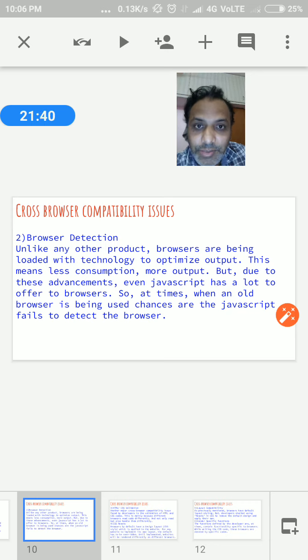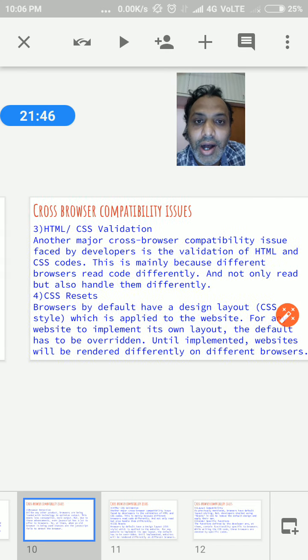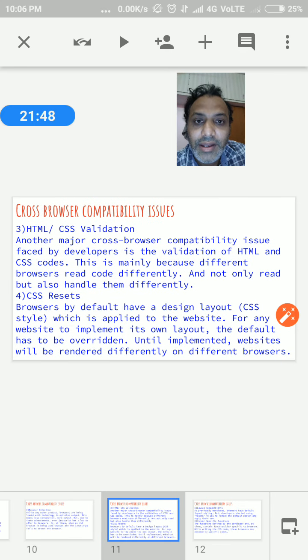First of all, you explain what cross browser compatibility is, and what issues are there. We discussed all the 6 points. If you explain what they are and what the issues are, you'll get the 10 marks for this. A number of times they ask this question.